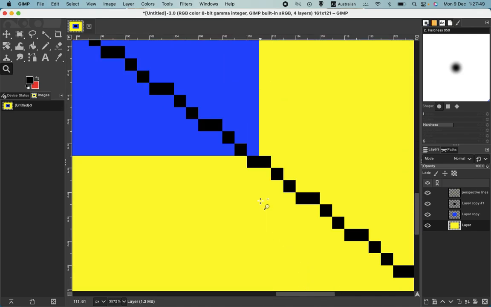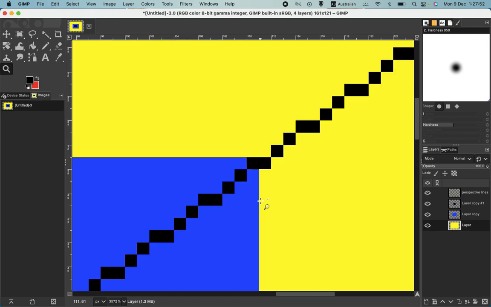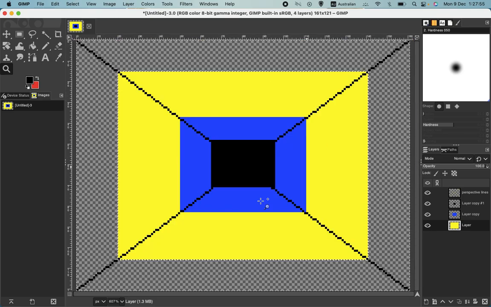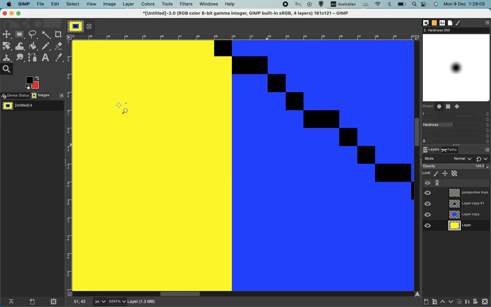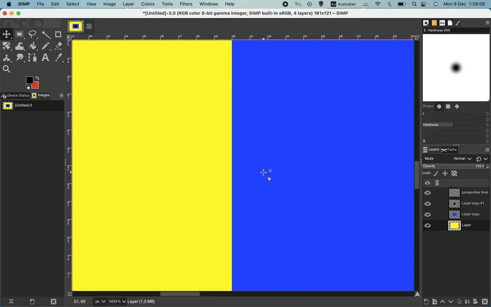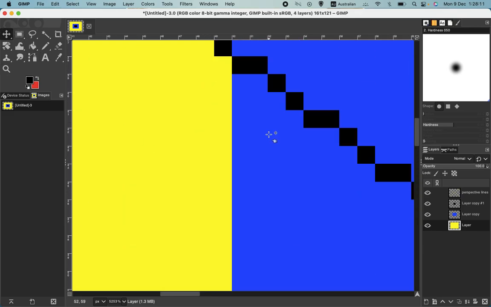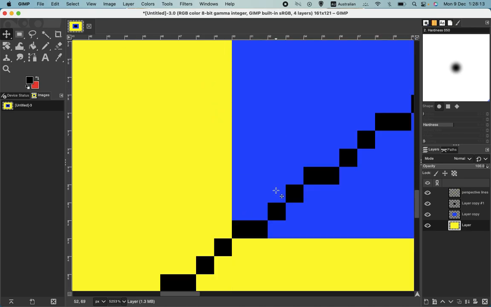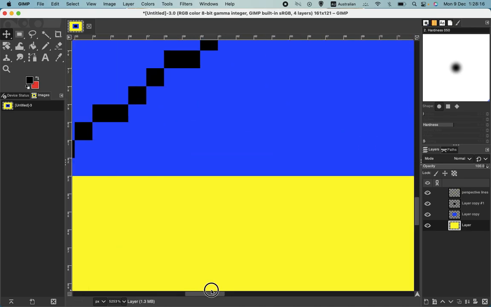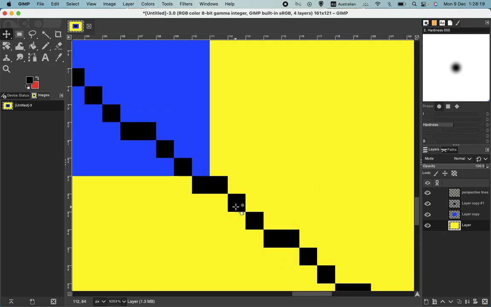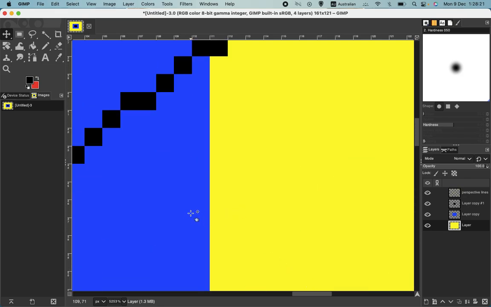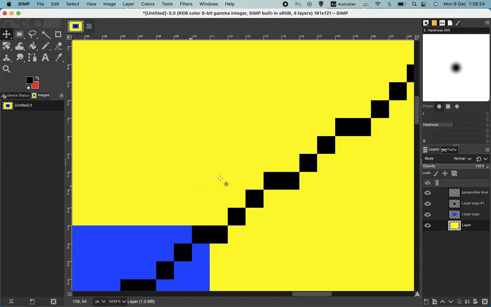Now you might decide that doesn't matter, but if you're a bit pedantic like me, you might say, well, what if I move it down one? Well, that won't work, because if we move it down one, that will be okay, but the next one won't be. So what I think I'll do is I might move it in one. I'll move it in one and down one. All right, so we go layer,